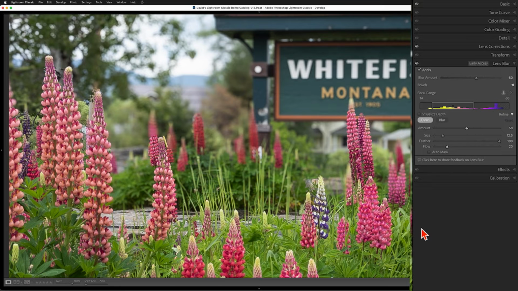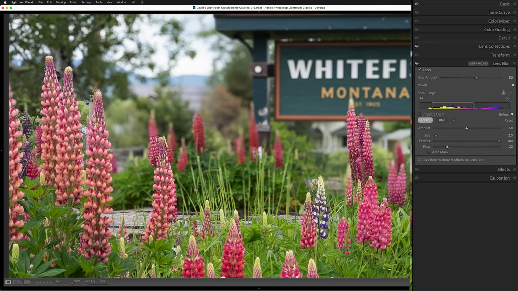Once I have everything set up, I can change the brush size using the left and right bracket keys on my keyboard. Now, I'm going to paint over the parts of the flower that I want to keep in focus. At first, it will appear as if nothing is happening. That's okay, because I have the amount and the flow turned way down. And right now, I'm just trying to tell the computer where I want to alter the mask.